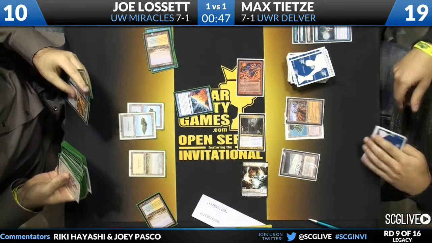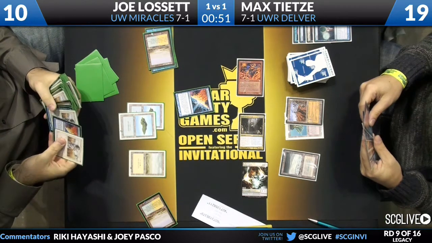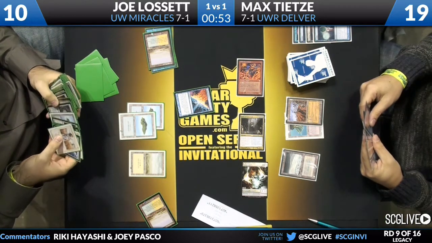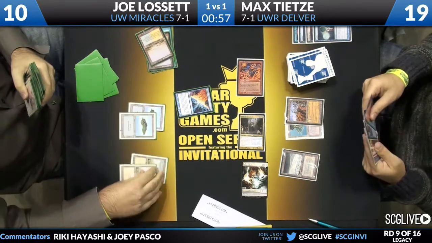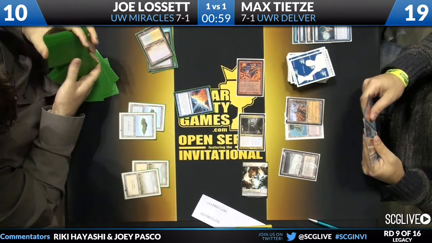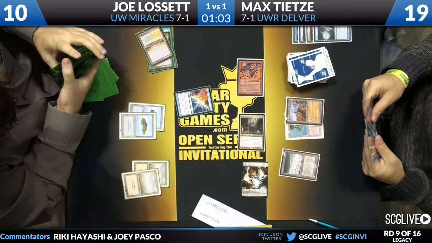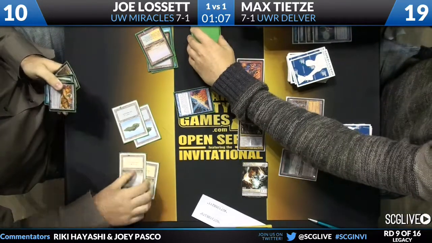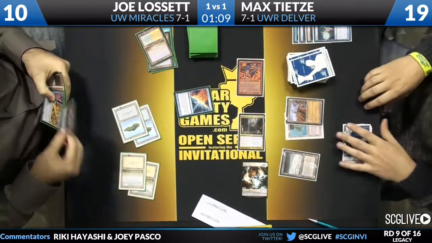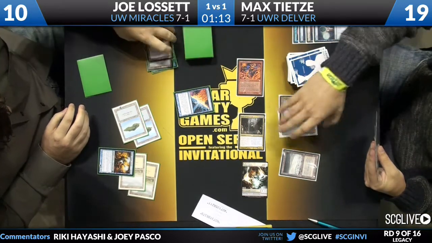Looks for... Oh, he's got Venser. So Venser can bounce the Angel, block the Geist of Saint Traft. But surely Max has been holding on to something here. He has a Daze, so Joe may not be able to resolve that Venser. Yeah, it looks like Venser's just not going to resolve. Max is going to,